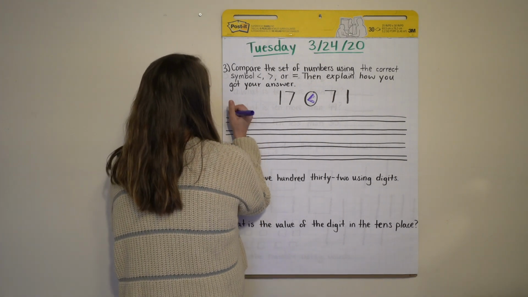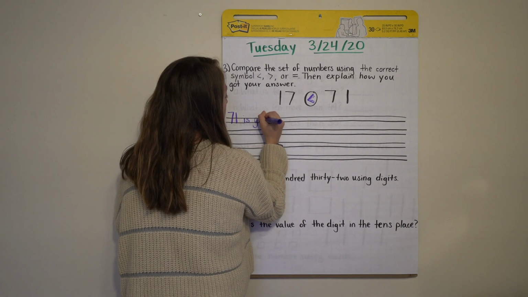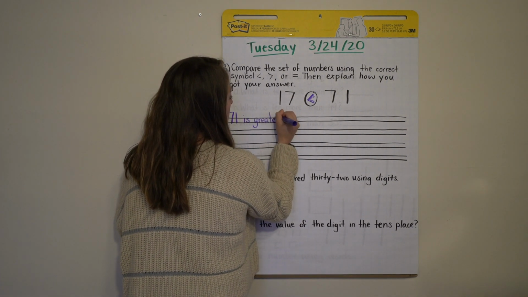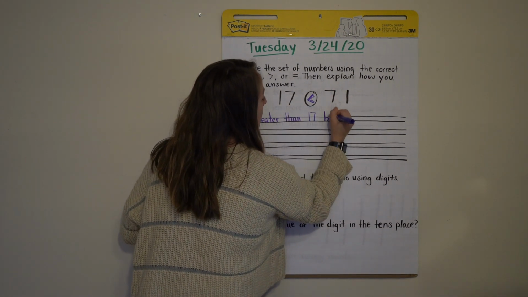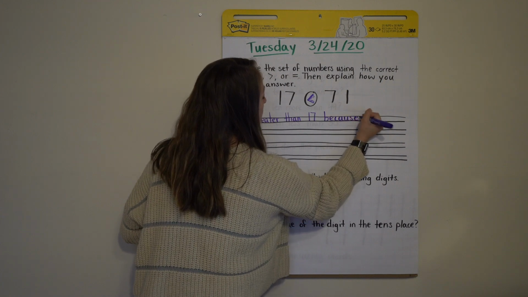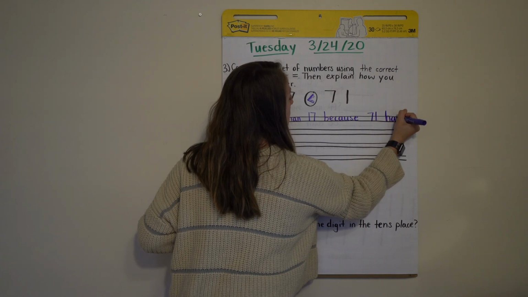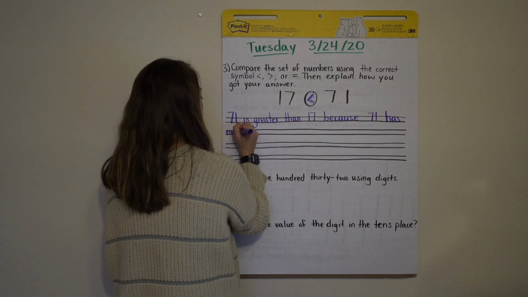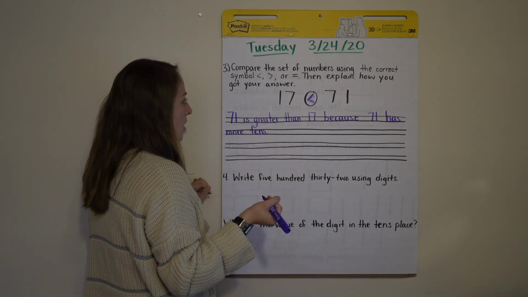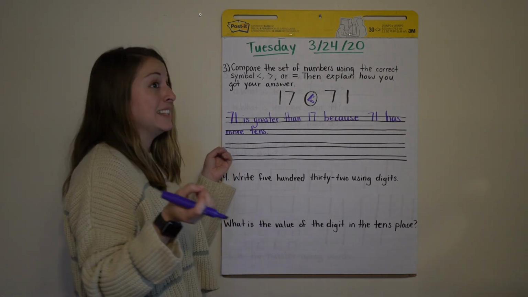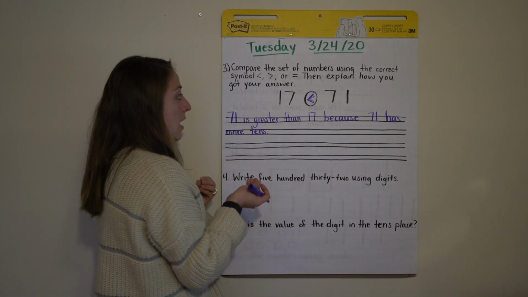So 71 is greater than 17 because 71 has more tens. You can also say that 17 is less than 71, and you can say that you know that because 17